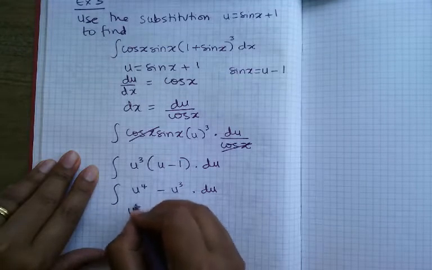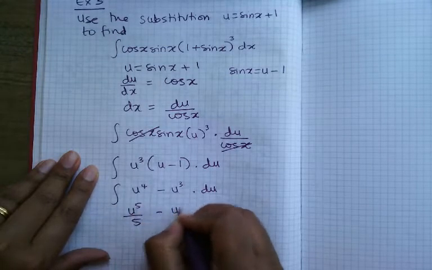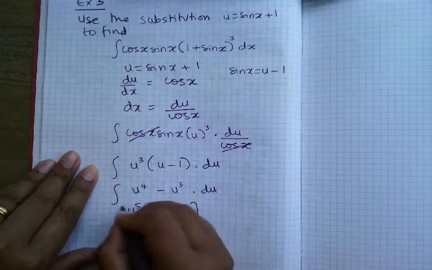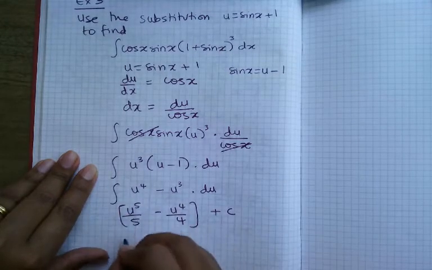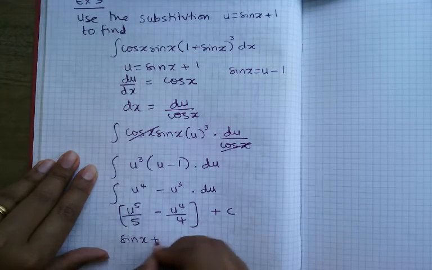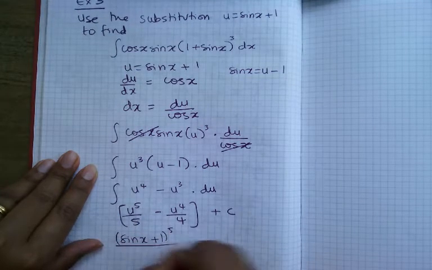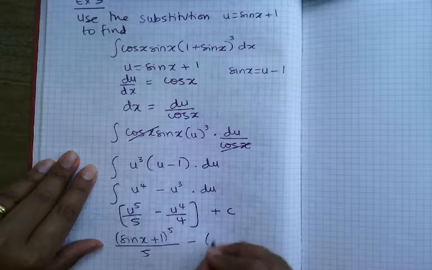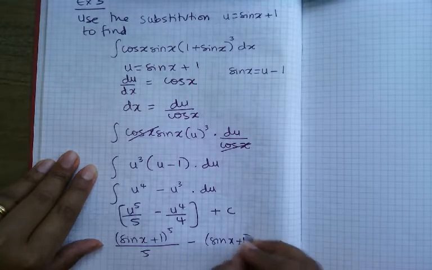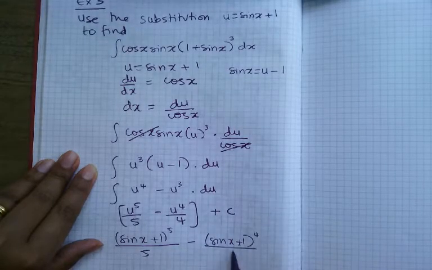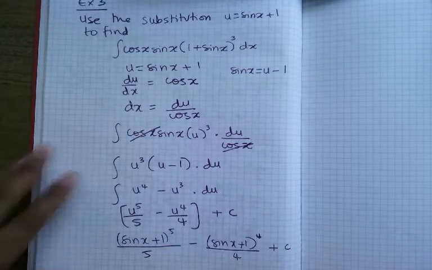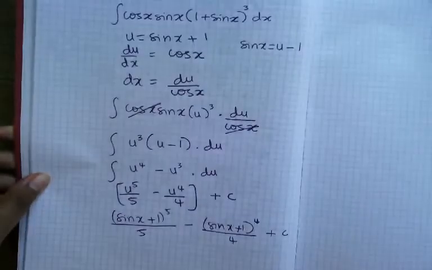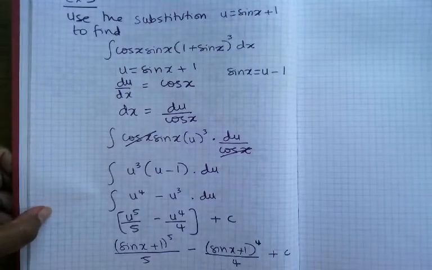So that's going to give you u^5 over 5 minus u^4 over 4 plus c, and then put our u back in. So you'll have (sine x plus 1) to the power 5 over 5 minus (sine x plus 1) to the power 4 over 4 plus c, and that is it. And you can leave it like that, don't have to simplify it, unless the question specifies,